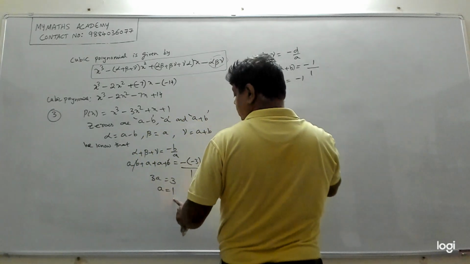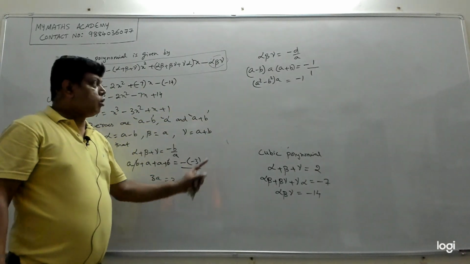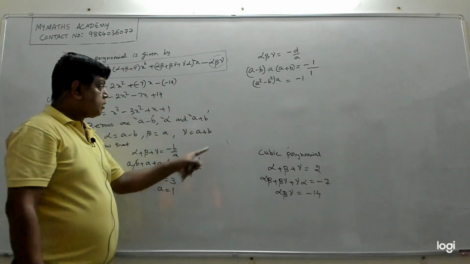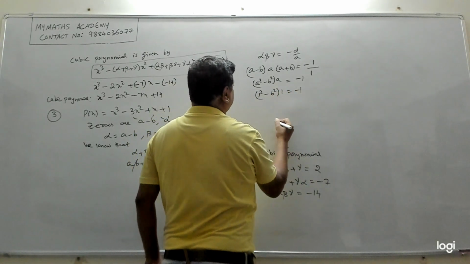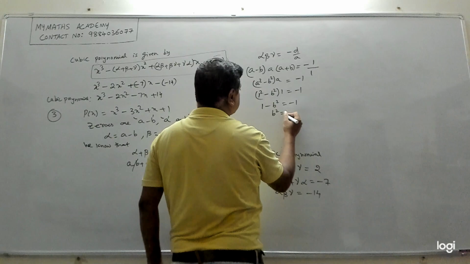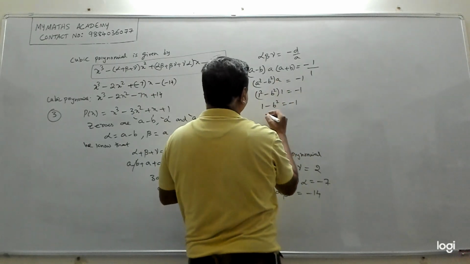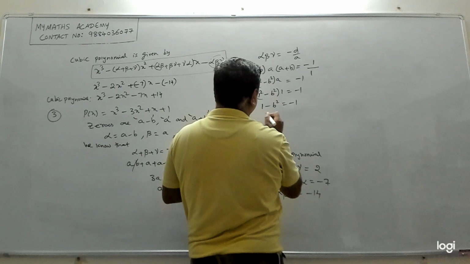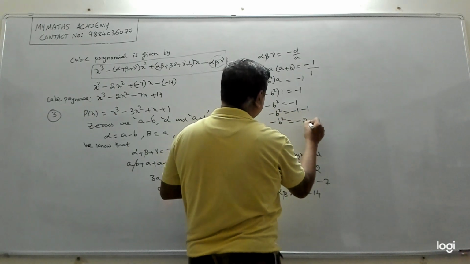Now we know the value of a. A is 1. Substitute a is 1 here, because we need to find b. So now we have an equation which has a and b, but we need to find b, and a we know. A is 1. Substitute a as 1 here. So you'll get 1 square minus b square into 1 equal to minus 1. So you get 1 minus b square equal to minus 1. So b square becomes, you can take this b square to the other side and this minus 1 comes here. So minus b square equal to minus 1 minus 1. This 1 will go here, it will become minus 1. So minus b square is equal to minus 2.